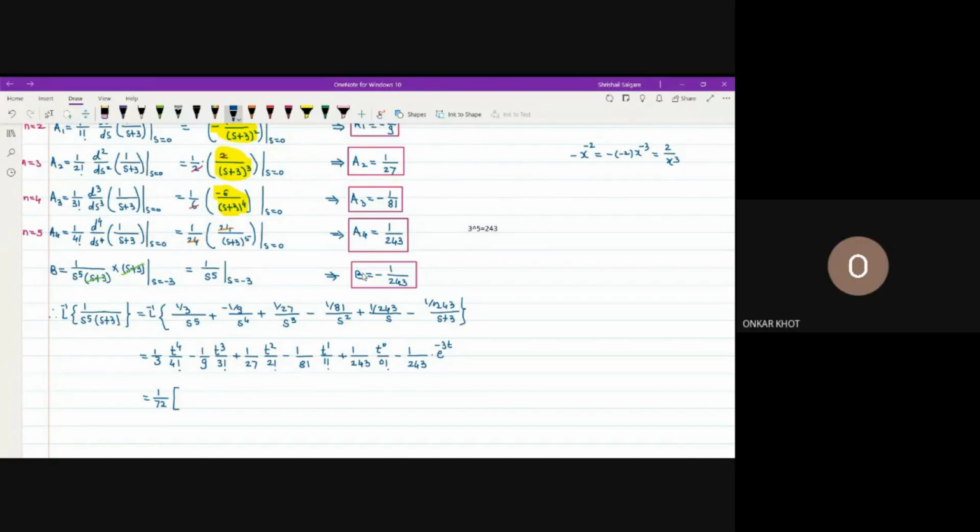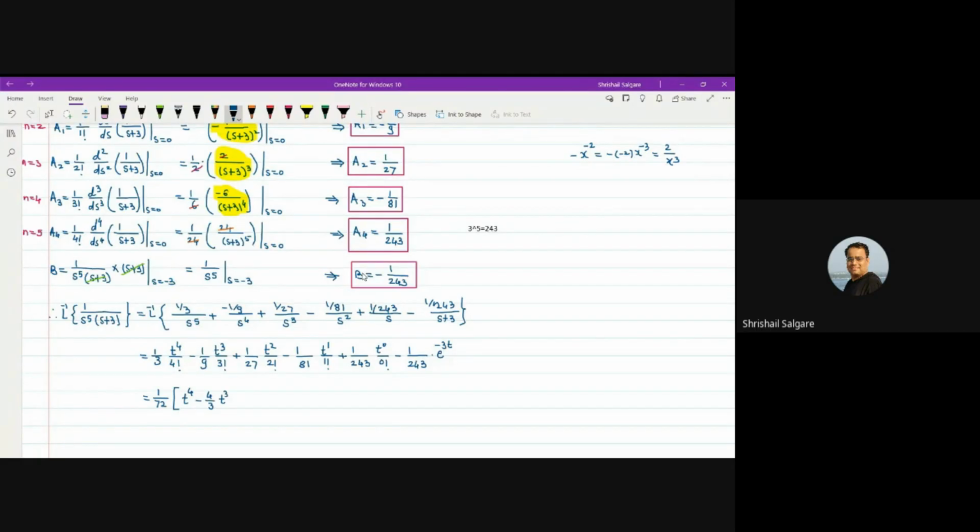T raised to 4. Yes, very good. It is t raised to 4. Next, second term. It is coming as 4 by 3. You have to make the adjustment, verify it. It's coming as 4 by 3